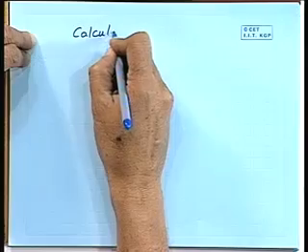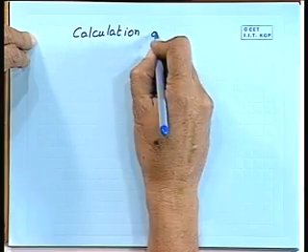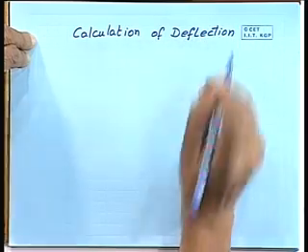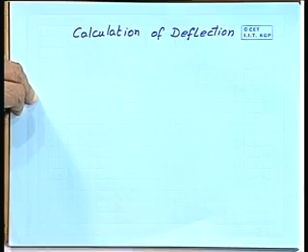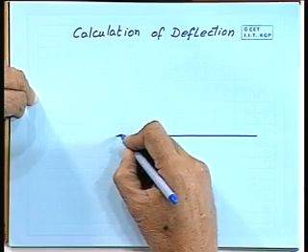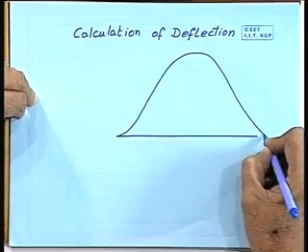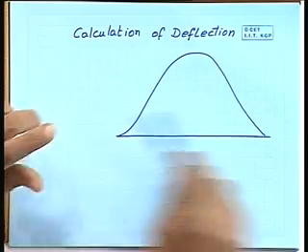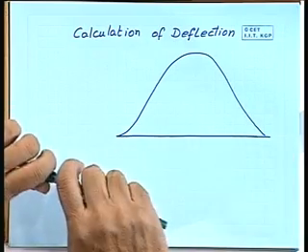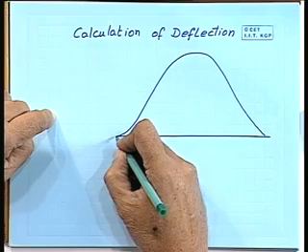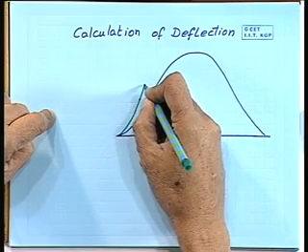Calculation of deflection to start with. Now, last time we have seen one thing, that the bending moment curve was something like this, and depending on the shape of the hull, we may find that the moment of inertia distribution along the length will not be a very smooth curve, but it will have some smoothness, and then depending on some abrupt change,